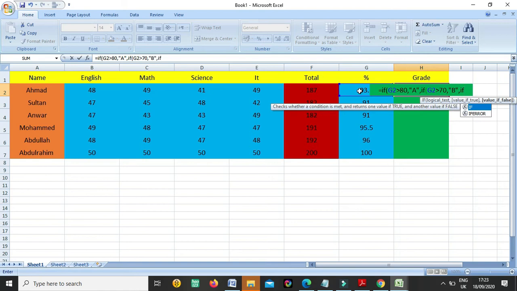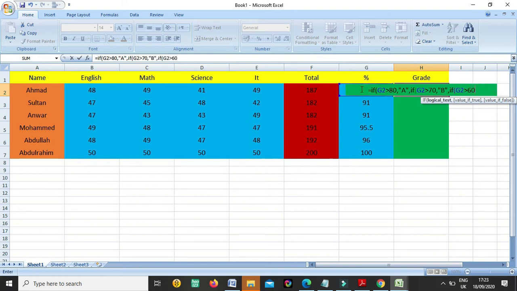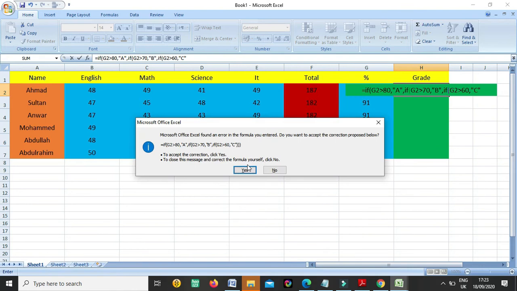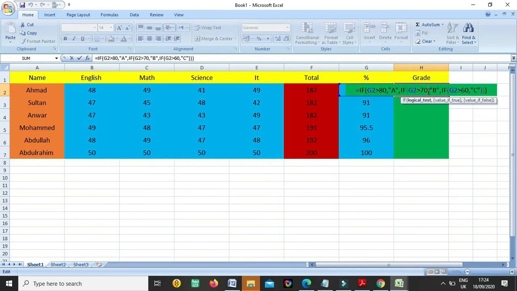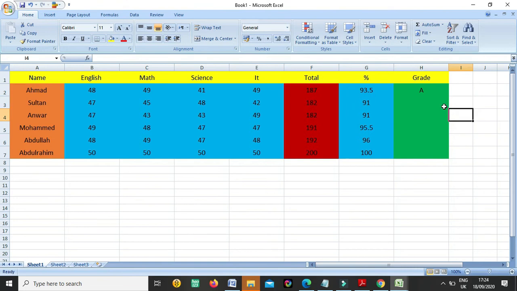Now if somebody has, like G2, greater than 60, then what will happen? C grade. And I press enter. So now you can see he is A grade. Why is he A grade? Because we put the formula: if somebody is greater than 80, then he will be A grade.